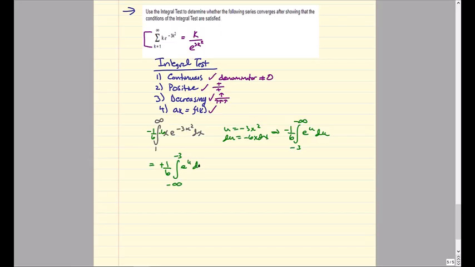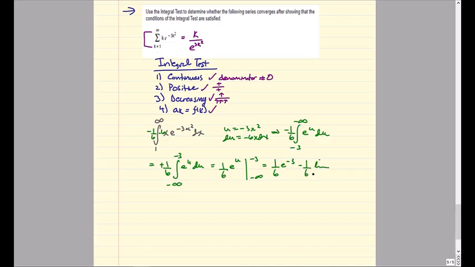So I have e to the u du. This one might have been easier just to leave alone and not change my limits of integration. The integral of e to the u is e to the u, and then I evaluate this from negative infinity to negative 3. So I'll have 1/6 e to the negative 3 for my upper,